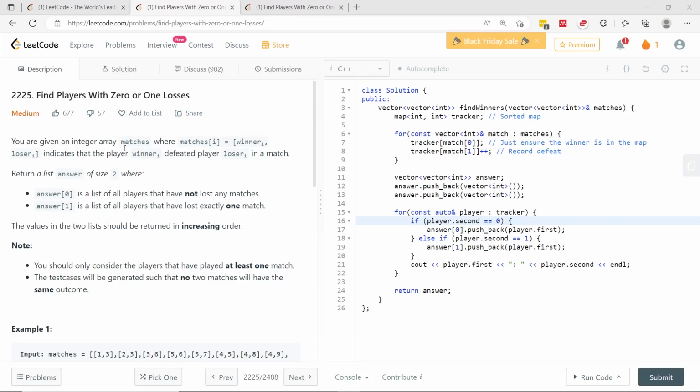This LeetCode problem is called Find Players with 0 or 1 losses. It's LeetCode number 2225. We are given an integer array, they call it matches, and it's a 2D array. That 2D array is going to contain some pairs of winners and losers, and we need to compute that